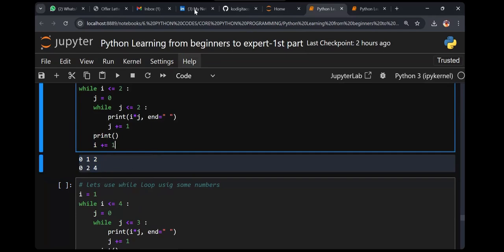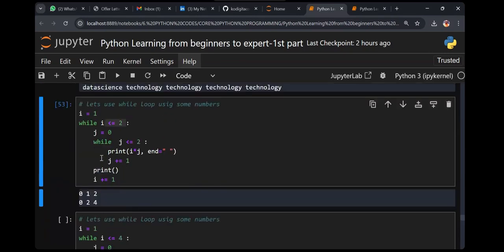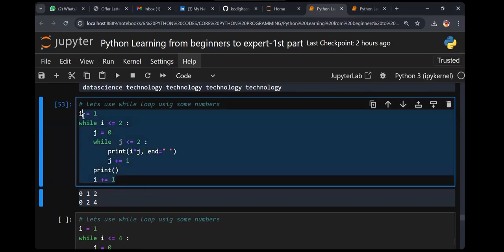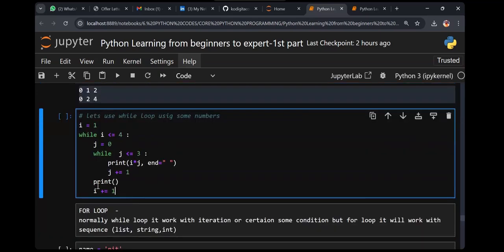I mean to say, first we get 0, then we get 1, then 1 plus 1, guys. i plus equal to 1, because here I wrote the condition up to 2. i less than or equal to 2. So that's why 0, 1, 2. And then this j becomes 1, right, guys? This j becomes first 0, and then we get 2 and 4. Can you do it or not? Offline team, online team. See, now you started using your brain, logic or not? I mean, we apply logic, guys. So that comes under logical unit. Okay.